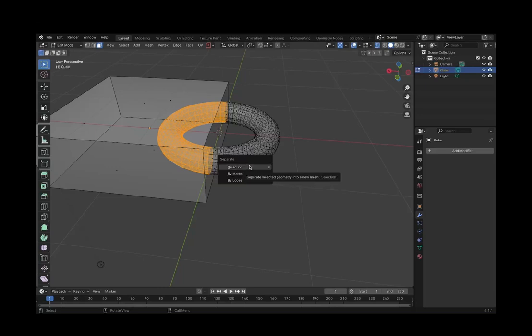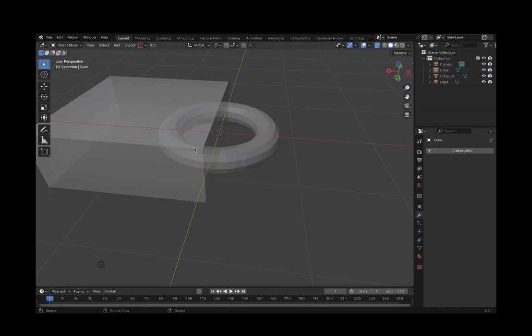By selection is basically it will separate into a new object anything that we have selected right now. And by loose parts means any part that isn't connected to another part, like this donut isn't connected to the cube, it's just merged into the cube, then it will delete those. So we want to click selection.